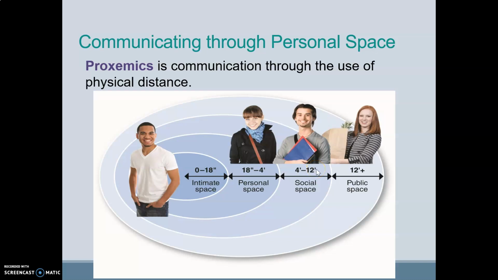That is the space you are supposed to keep with someone you are talking with, your colleagues, your acquaintances. If this person is really close with you, such as your family or your friends, you can keep a personal space with this person, and it ranges from 18 inches to 4 feet. But if this person is really close with you, a very intimate relationship, the space you could keep is from